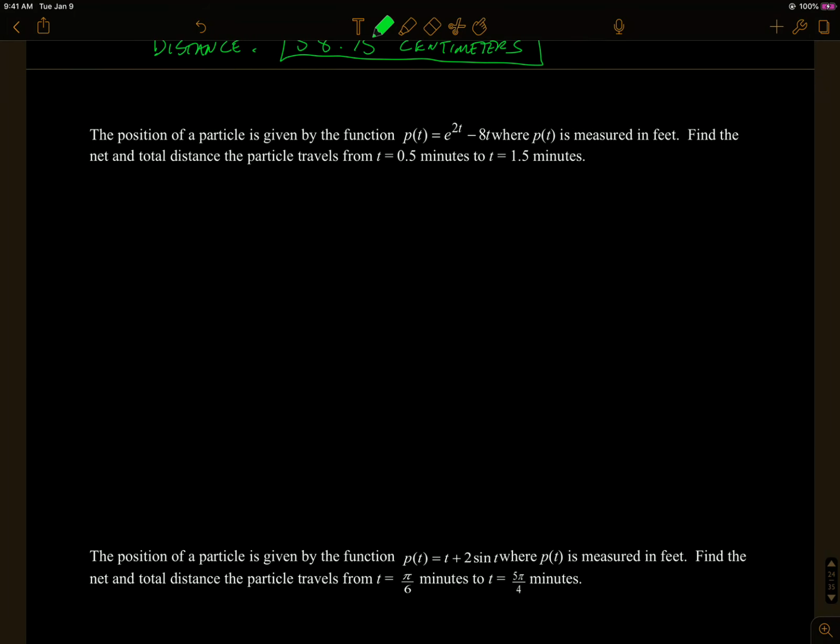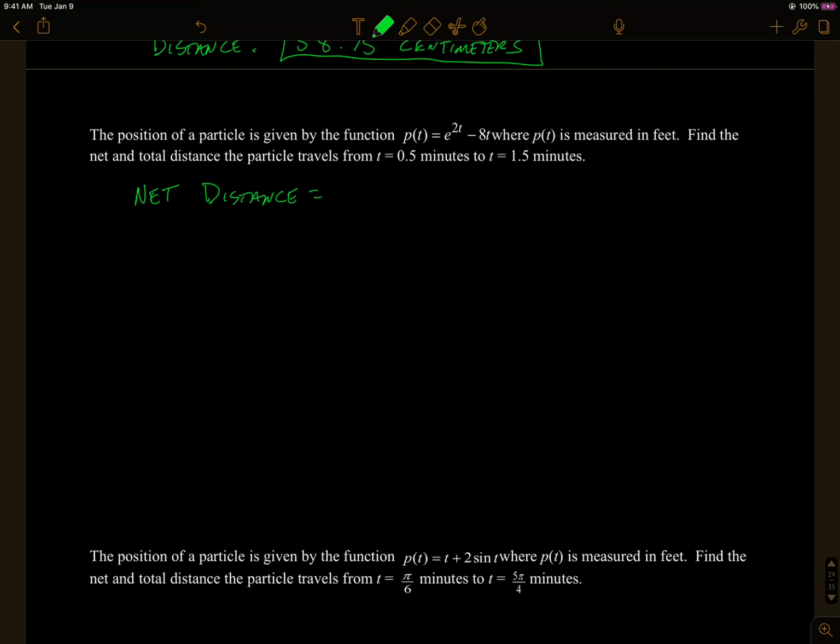All right, let's look at another one. The position of a particle is given by this function where it's measured in feet. Find the net and total distance of the particle on the interval 0.5 to 1.5. So again, this is probably going to be a calculator type question. So we'll do a little bit of both here. I'll talk about what you would do without the calculator, but you could also just look at the derivative on the calculator. So the net distance, let's start with that,